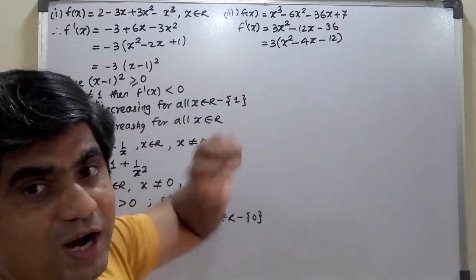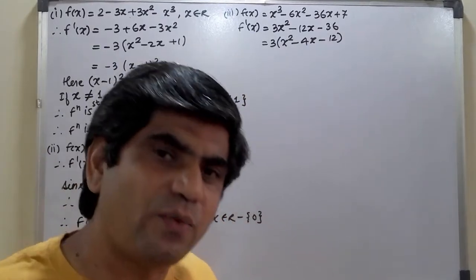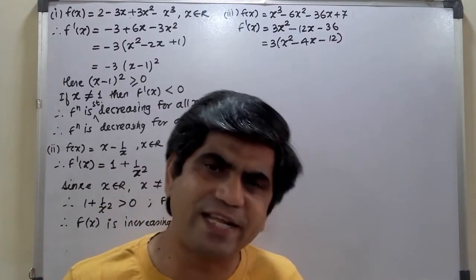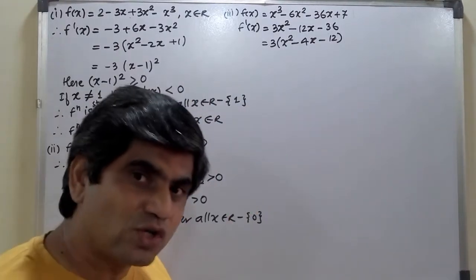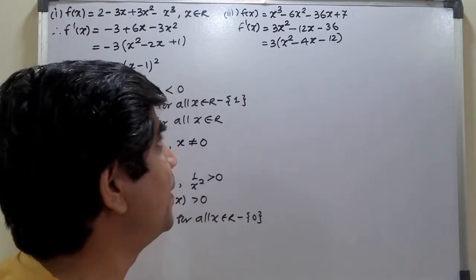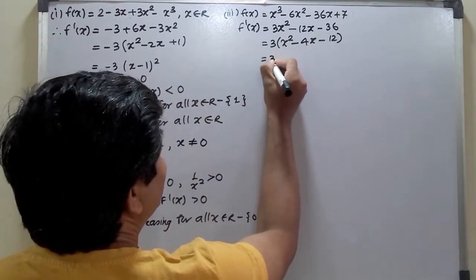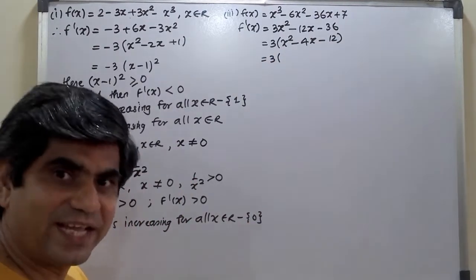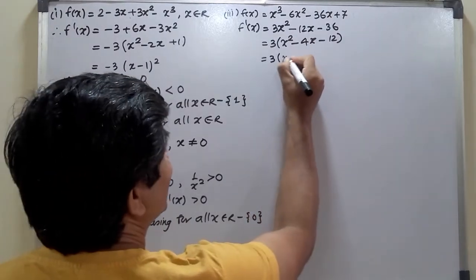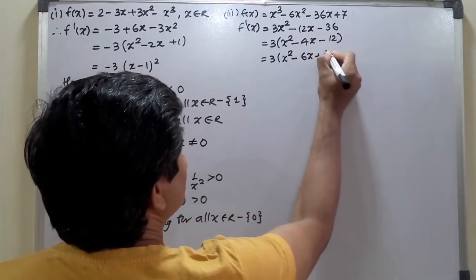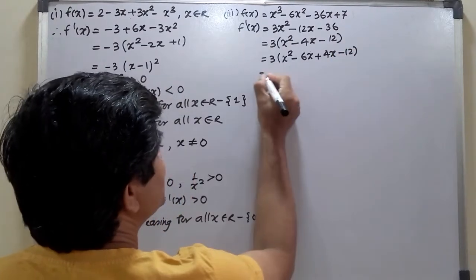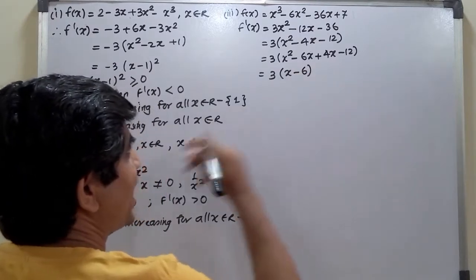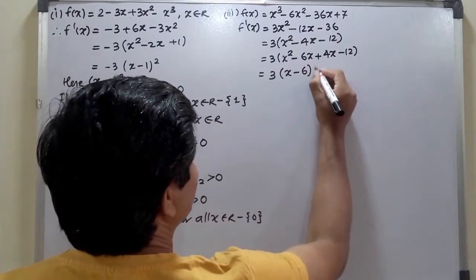Now whatever I got is a quadratic equation. Now it is a quadratic equation, so it can have two real roots, it can have imaginary roots, it can have complex roots, or it can have a mix of both. So I will try to solve by general factorization if it is possible. So 12 is there, so I will try to factorize it. So I get 12, subtraction should be 4, so 6 twos are 12. So I get here x square minus 6x plus 4x minus 12 is equal to 0, which becomes x minus 6 into bracket x plus 4.